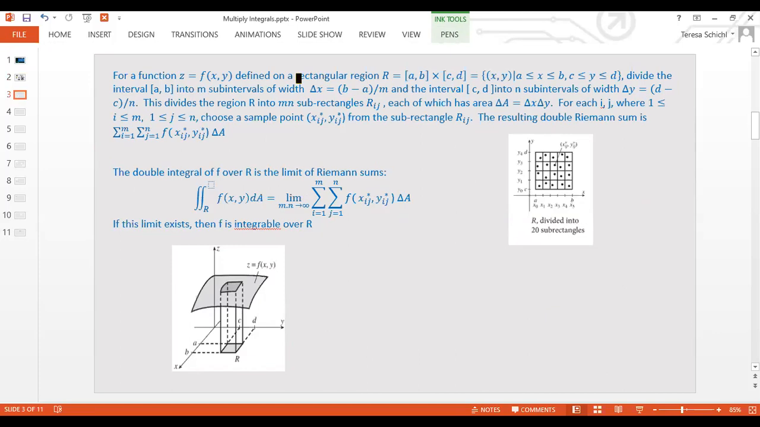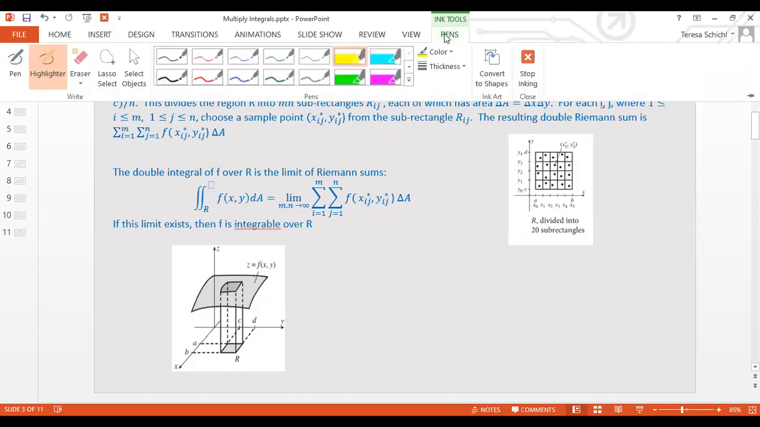We are talking about when the integration region is a rectangle. So it's a to b and c to d: x is from a to b, y is from c to d. This is the easiest one. In the next section, we're going to talk about what to do if you don't have a rectangular